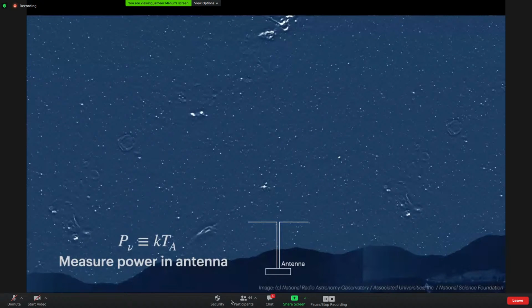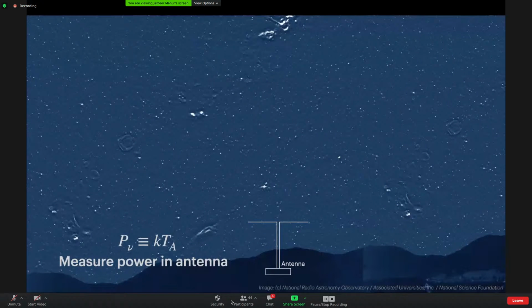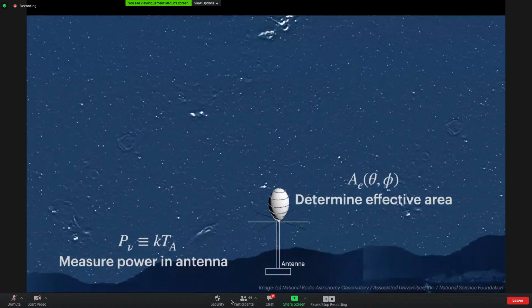But what we have here is we have defined the antenna temperature, and then we can say the measured power in the antenna. What I'm saying is, if you have this antenna and a radiometer, you can measure the power that is there in the antenna. You can always equivalently call it in terms of the antenna temperature. You will have access to the effective area of the telescope, either because of its reflectors and all that. It could be this